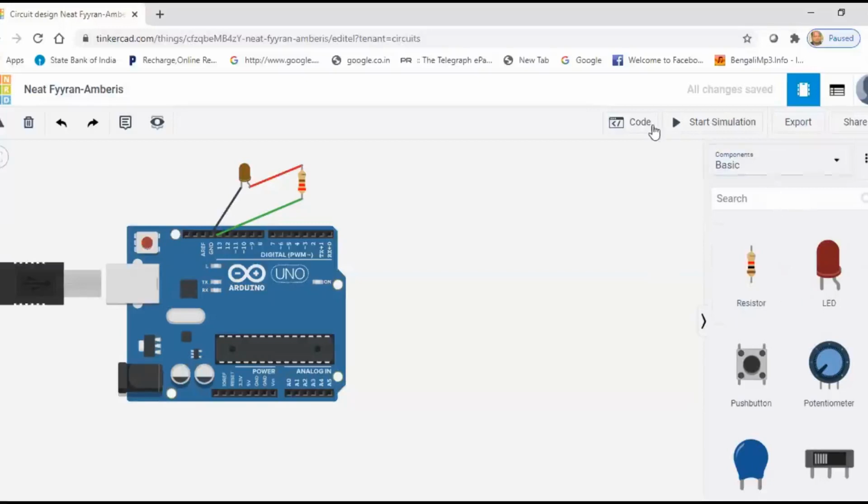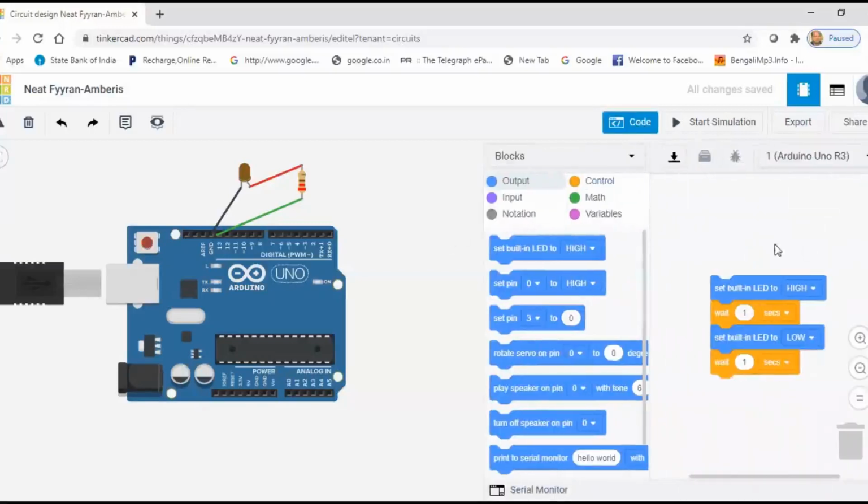Then we just click this code. Whenever we click this code, this is the graphical representation of the code. As per our circuit configuration, this code will appear automatically. The first block is: set built-in LED to high.